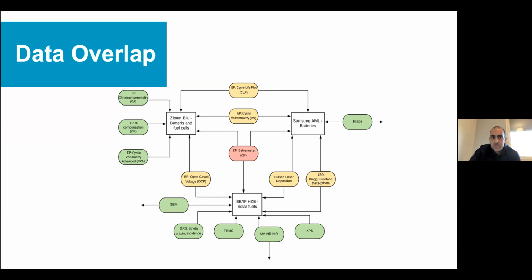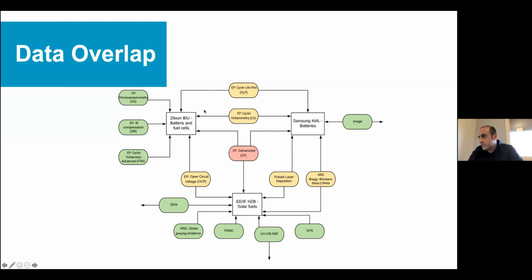A few last slides, if I'm okay with time. This is the idea of data overlap, or ontology, or whatever you want to name it. Each lab would have a specific set of physical measurements, for example, that they do. Based on this metadata, you would find overlaps between labs, and you would be able to suggest data.